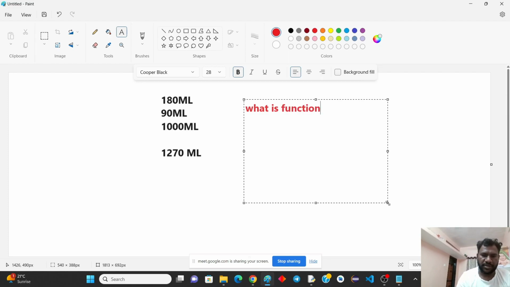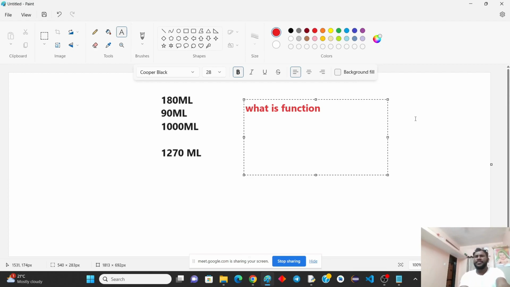Have you heard about any time-like function? No? It takes a value and then returns the answer we are expecting. Yes, that is also one kind of function. But if you define what functions are in a simple way,